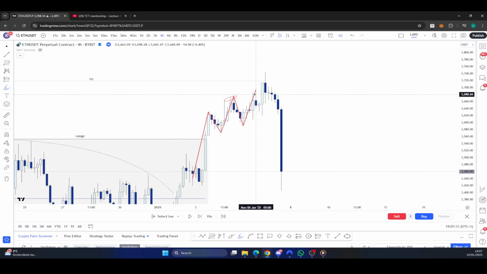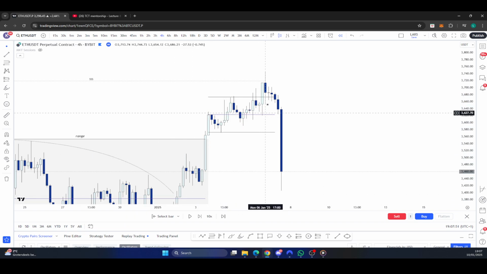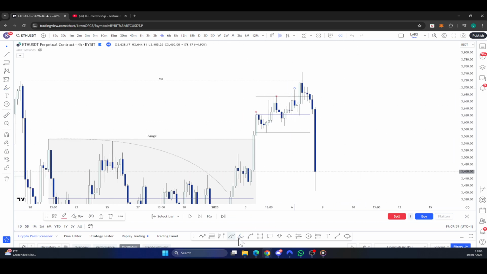Now that we went higher again, I'm like, oh, but this could actually then turn into a PO3, a TCT Model 1 distribution on the 4-hour, where we actually use this as my range starting point, which immediately makes it even better looking because you just have a picture perfect range formation, okay? You have a picture perfect range formation right here, and we're talking exactly about that point in time above that